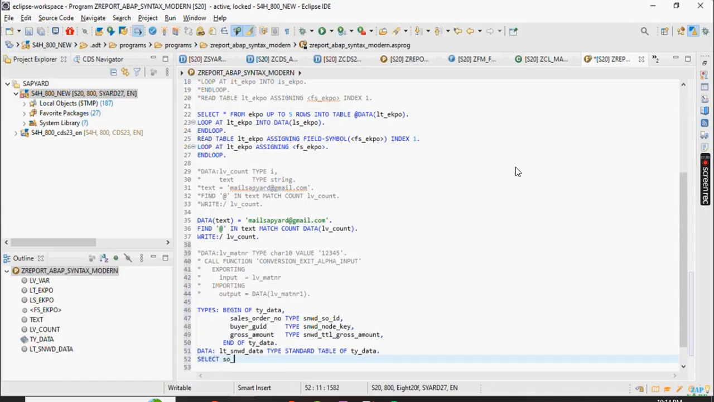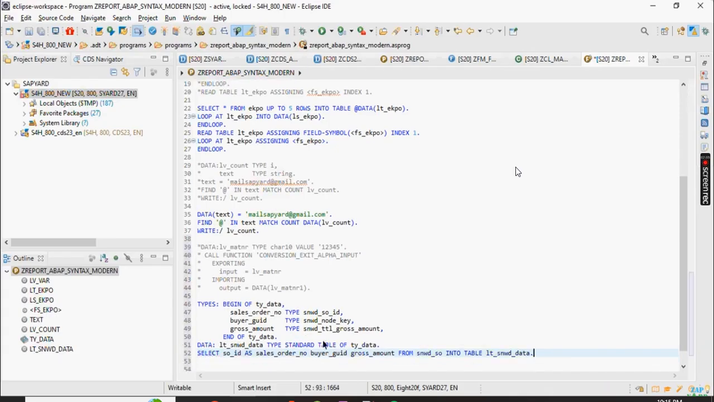We select SO_ID as sales order number, buyer_quote, and gross_amount. Okay. From, I'll select from the EPM object model table SNWD_SO into table LT_SNWD_data. Right. Now shift plus F1. Now